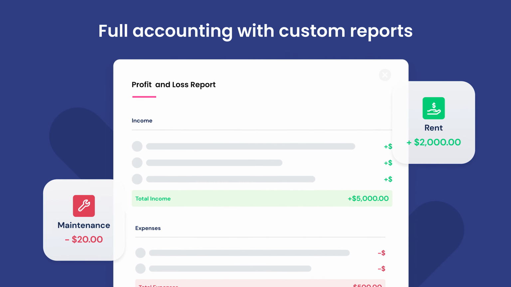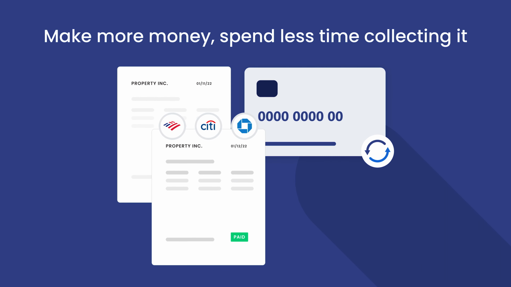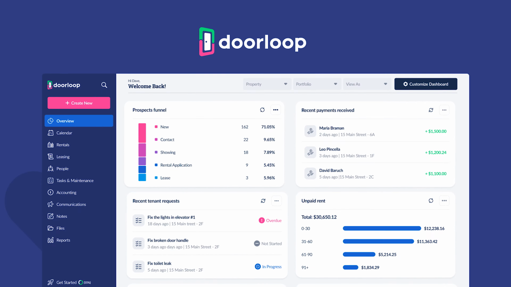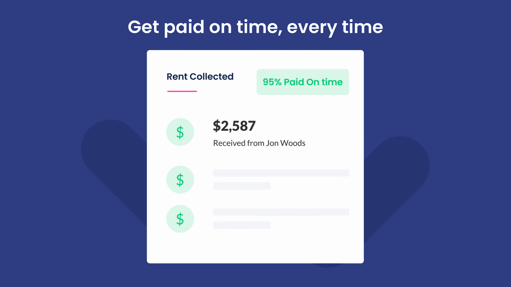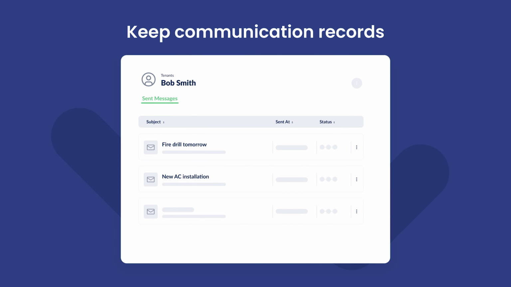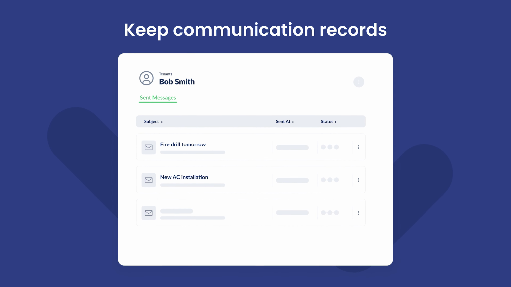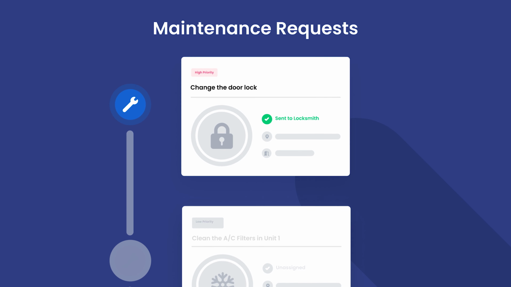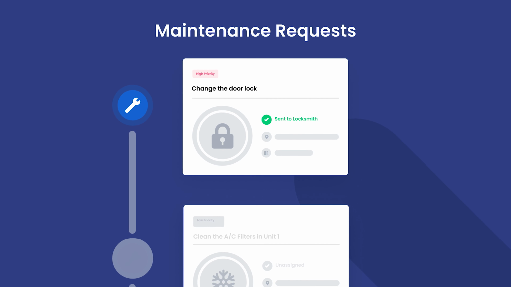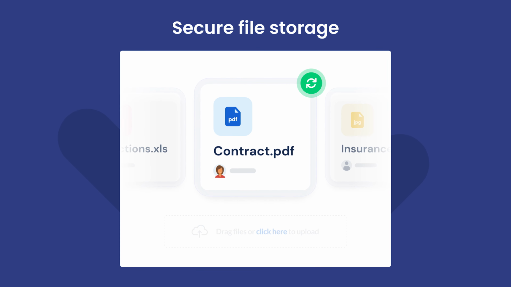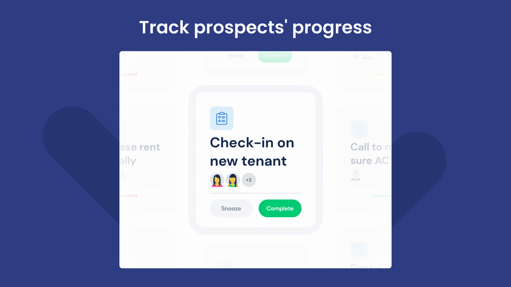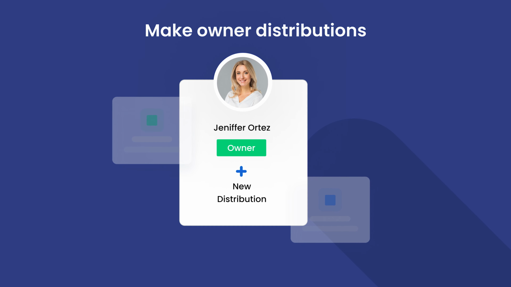Apart from listing your properties, some of the features you will be getting with DoorLoop include a complete property accounting suite, which lets you automate rent collection, accept multiple payment methods, and organize all your accounts in one place, a convenient tenant portal, which lets you automatically collect rent payments and even communicate directly with tenants from in the app, a maintenance order management system, which includes everything from a centralized order database to the ability to edit orders in the queue with notes and attachments, assign to vendors, communicate with tenants, and pay vendors all from within the platform,